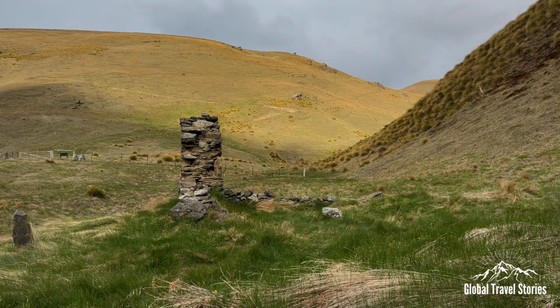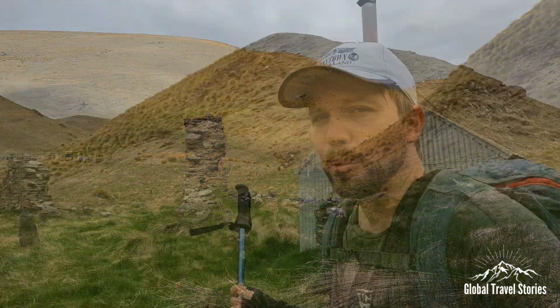They had roughly between 60,000 and 80,000 head of sheep here in this region, which was absolutely insane, huge. The original hut that was built in the 1860s, all you can see of the remains of it is part of the chimney. The hut that we have here was purchased in the 1920s, or at least the land was purchased and the hut was built in the 1920s when they subdivided the Pisa station up into smaller blocks,